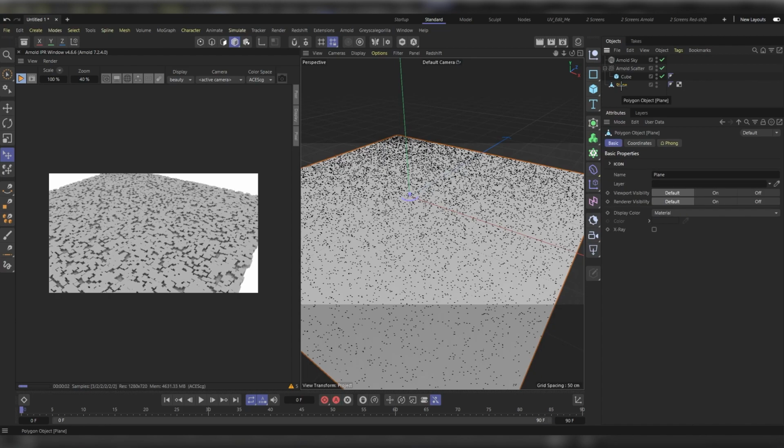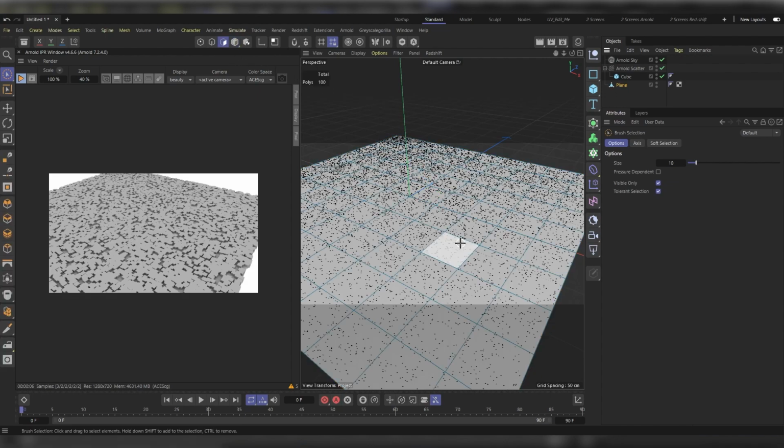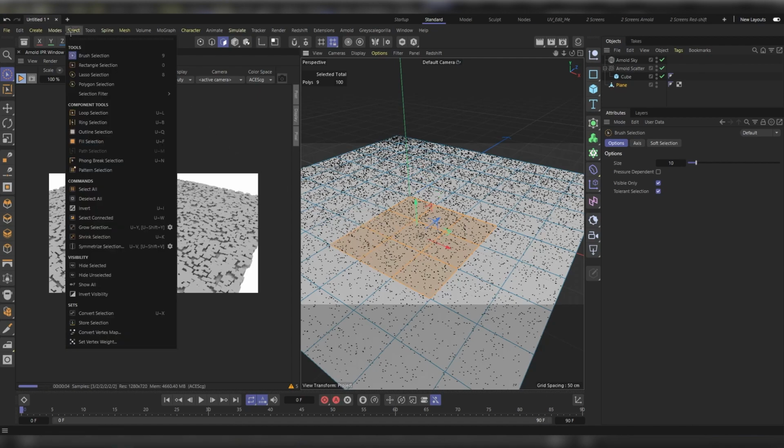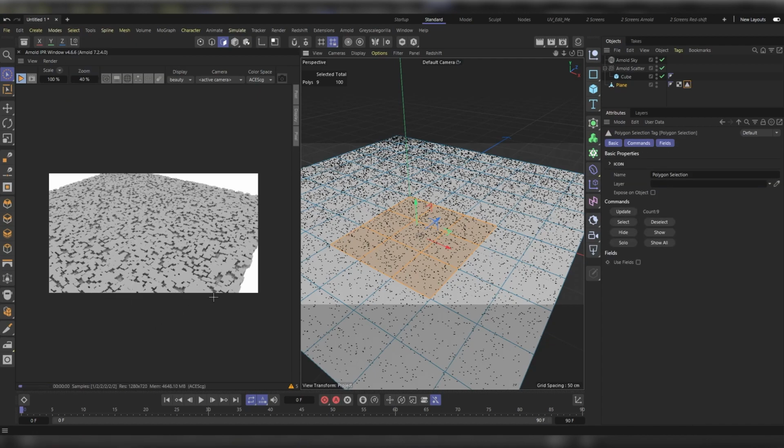After doing so, grab your polygon selection tool and select some polygons. And then head to select menu and then choose store selection. In the object manager right next to the plane, you will find that there is a polygon selection tag added. Under the command, you will find the count and it says 9, and that's the 9 faces or polygons that